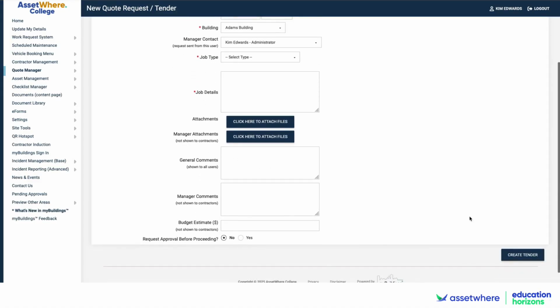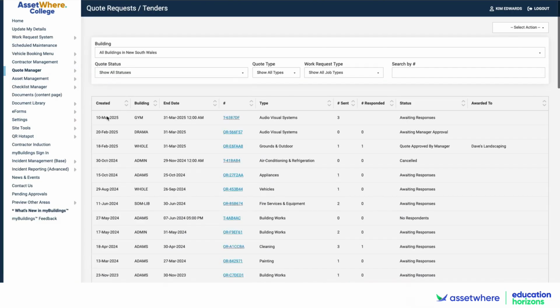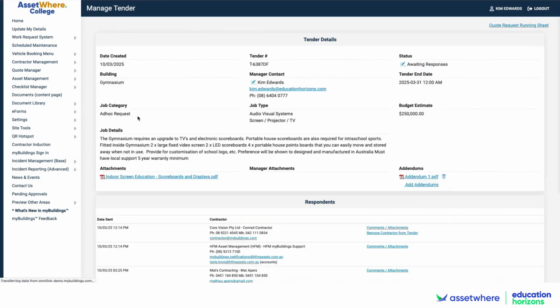Fill in all of the key details that relate to the tender and then click Create Tender. So let's have a look at one I've already created here in my list. So this is the first one for audio visual equipment in the gym. So it's $250,000. It's quite big, and it's looking for an upgrade to some portable house scoreboards fitted in the